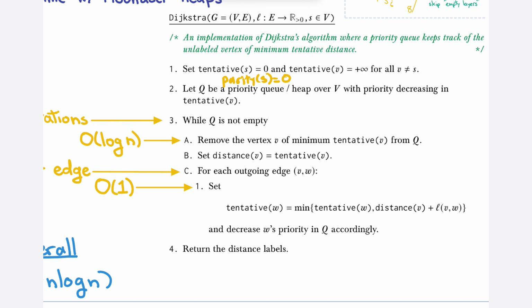Okay, so I have two priority queues, and I remove something from a priority queue. Well, okay, so what do I do first? Should I put S in both priority queues? Should I only put S in even? All the edges of S should go to the odd one. So okay, I'll put everything in odd. Then I'll remove a vertex and I'll label the distance. Whenever you remove a vertex from the odd one, it goes back to the even one. If you remove a vertex from the even one, then that's the final